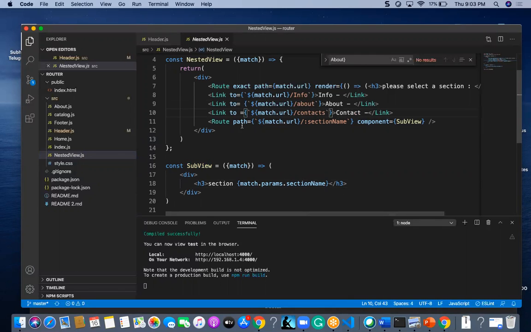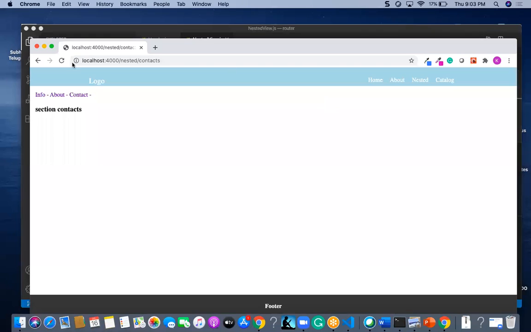All will be part of this route, and they will be displayed accordingly. Once I navigate to info, it will take me to the particular view: info section, about section, and contact section. Likewise, it will change accordingly. This is a nested view.